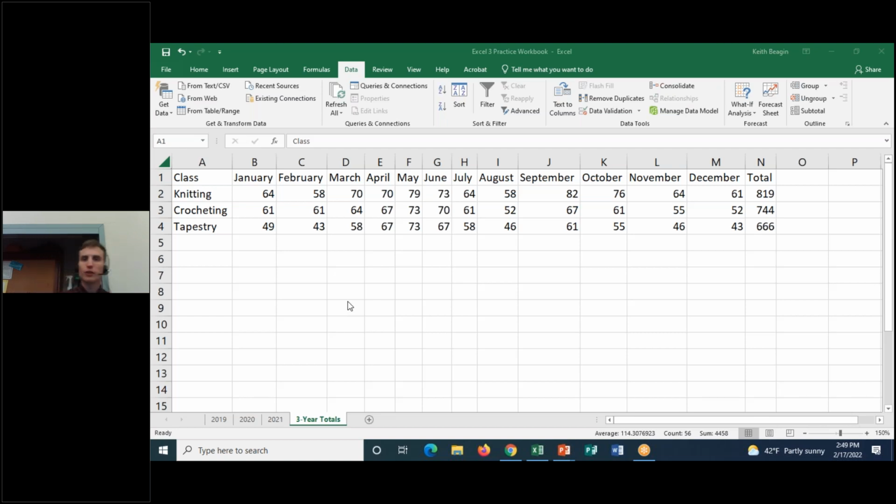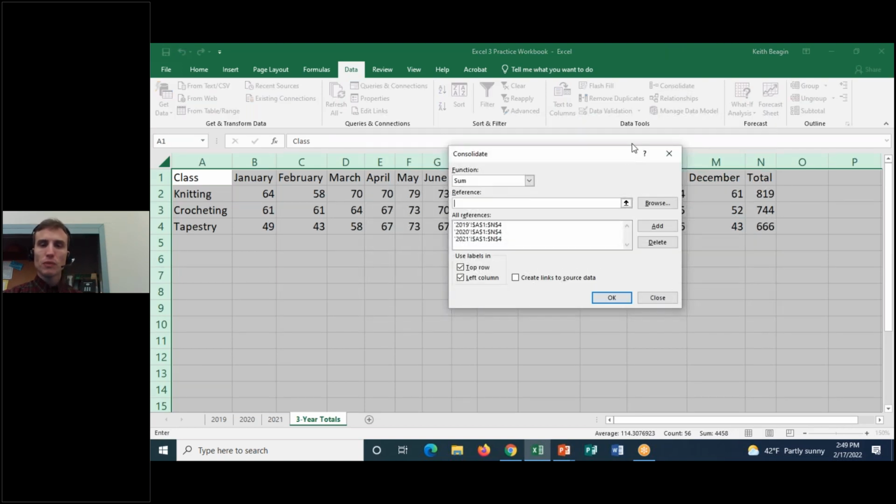All right, we're moving right along here. This is great. And real quick, since we are moving right along, I'll show you, in case you were wondering, in that consolidate box, the browse button. That's how you can actually incorporate data from other workbooks. So you can browse for them in your folders on your computer. And down here where it says create links to source data, I don't want to click on it because then I'll have to create a new summary, but essentially it will